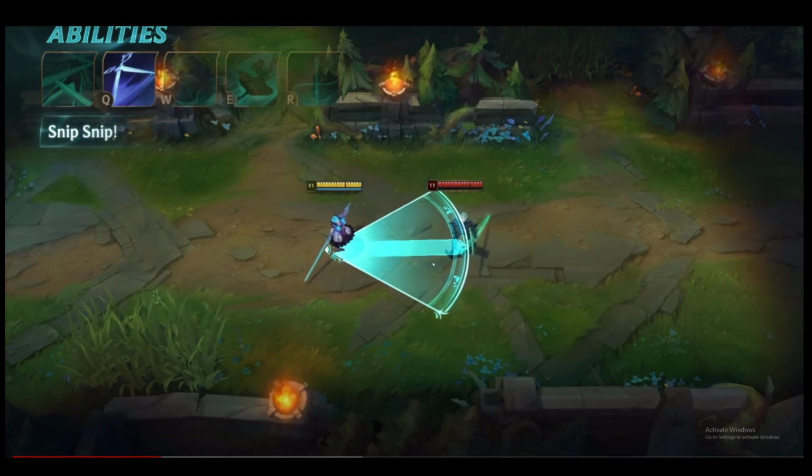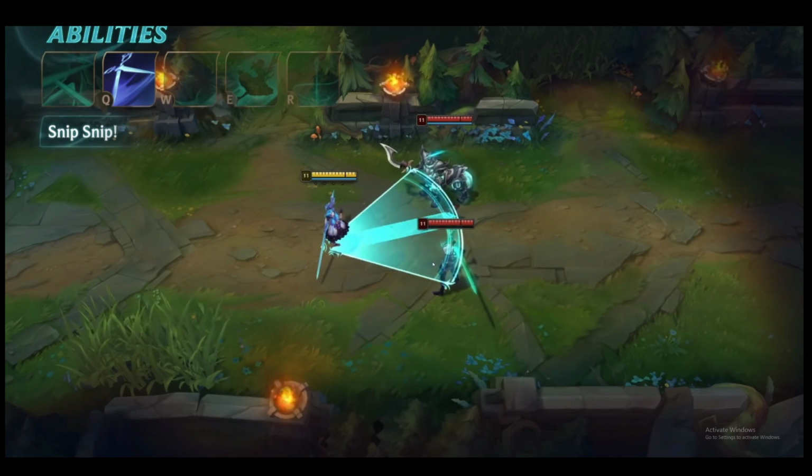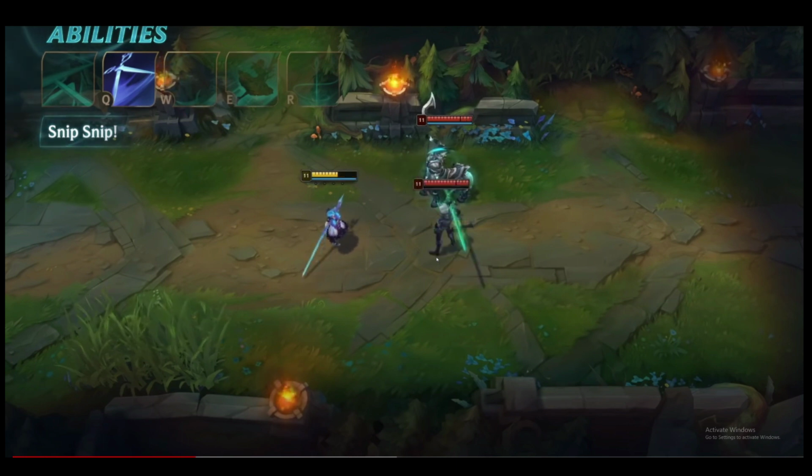Gwen's Q is Snip Snip. Use Q to cut your foes down to size, snipping twice and damaging all enemies hit, with the last snip dealing substantial bonus damage. Enemies at the center of Gwen's snips take true damage and